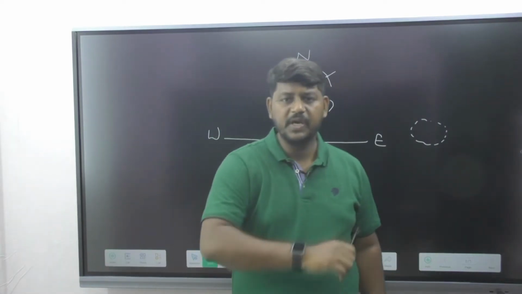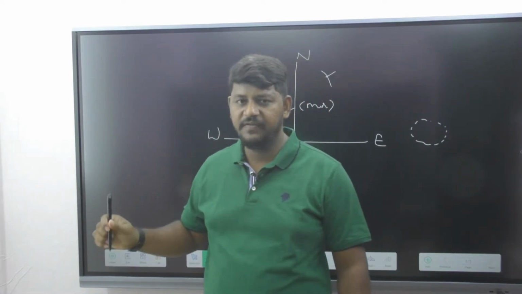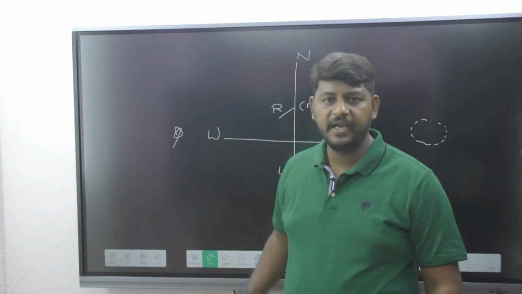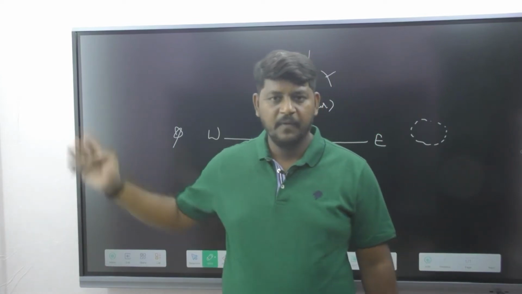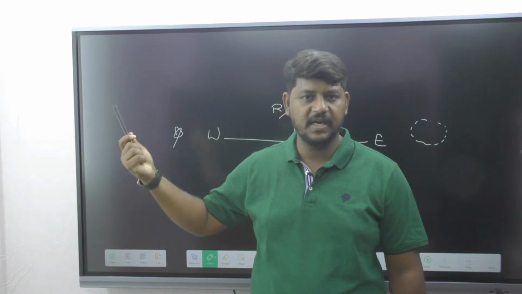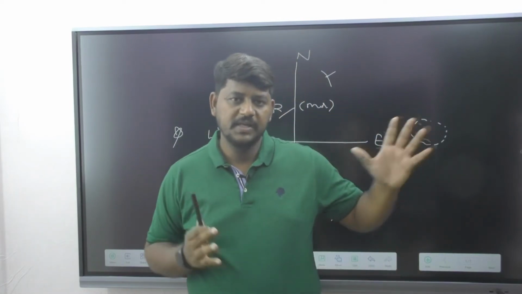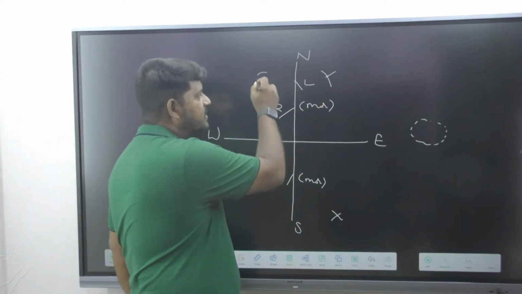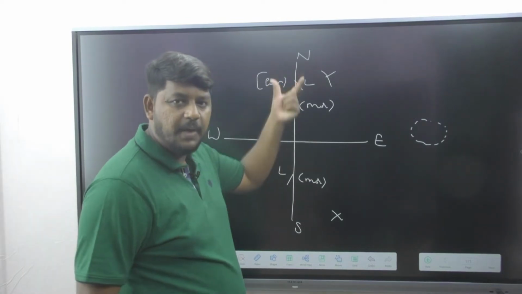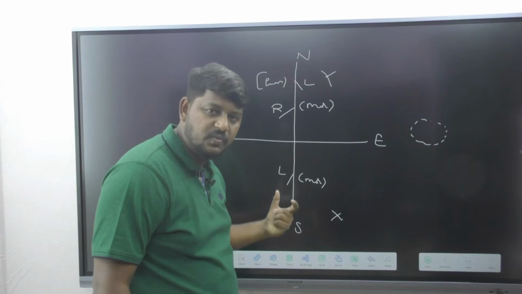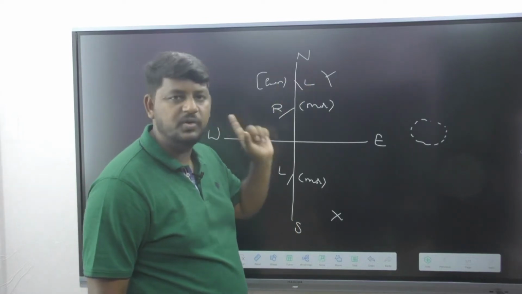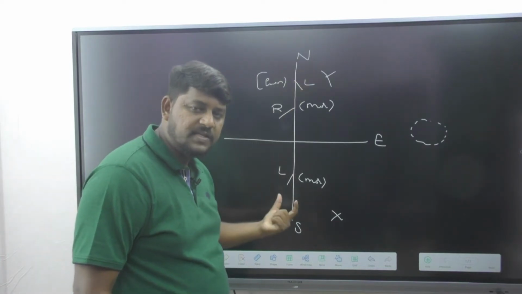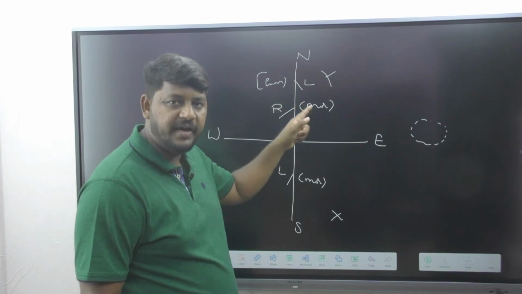Now the scenario is going to be quite opposite in the evening, because in the evening when sunset is occurring, your sun is going to stay in what direction? West direction. So when sun rays are going to hit me, imagine this is the sun. When sun rays are going to hit me, obviously my shadow falls onto my left side, that is here. When is this happening? Evening. So it means a person who is standing at north and facing towards south is going to observe their shadow towards the left side in the evening, and towards the right side in the morning.